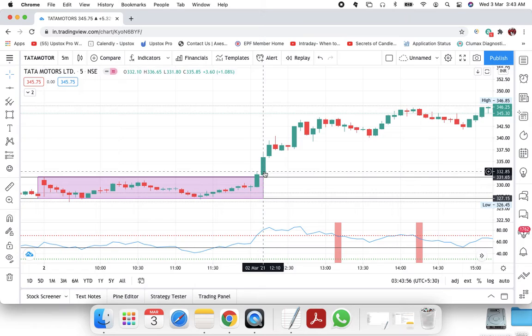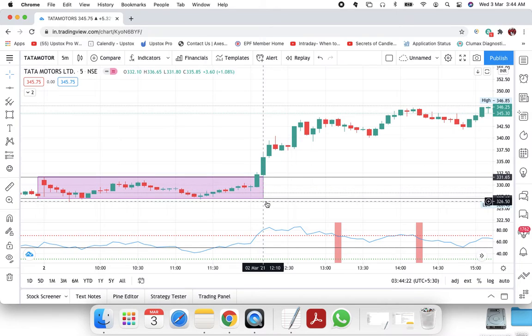And what is our stop loss? Our ideal stop loss should be the previous candle's low, 329.45,